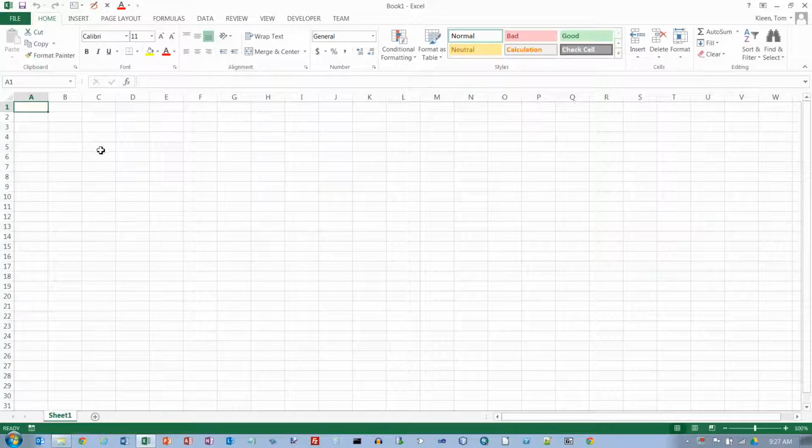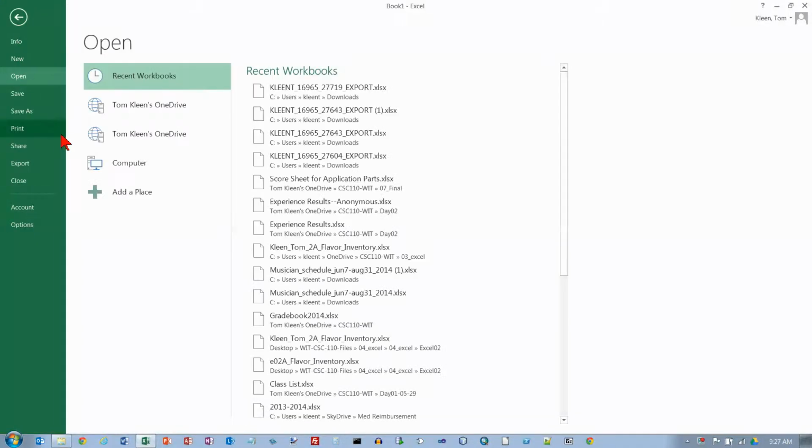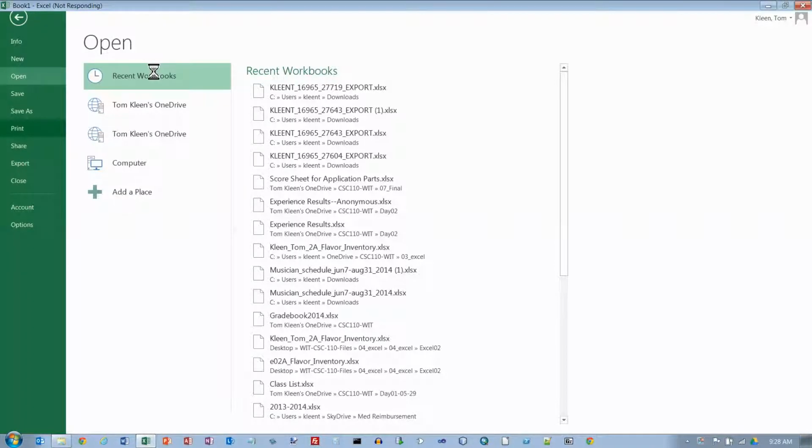This is project 1A in Excel, and we're doing objective 1, create, save, and navigate an Excel workbook, activity 1.01. So start Excel, which we've already done. Zoom level should be 100%, that's down here. In the upper left corner of your screen, click the File tab, and this takes us to what they call the Backstage view. Now this looks different because I'm using Excel 2013, but what we want to do is